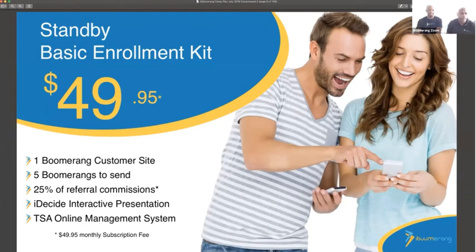You also get your business building tools. You get your interactive presentation powered by iDecide. What that does is it's really cool. It does the talking for you so that you don't have to be a good presenter. You can just send a link to someone and they'll learn about iBoomerang. And lastly, you get your iBoomerang Travel Savings Ambassador online business management system. That's your back office that has all sorts of data and gauges that show you how your business is